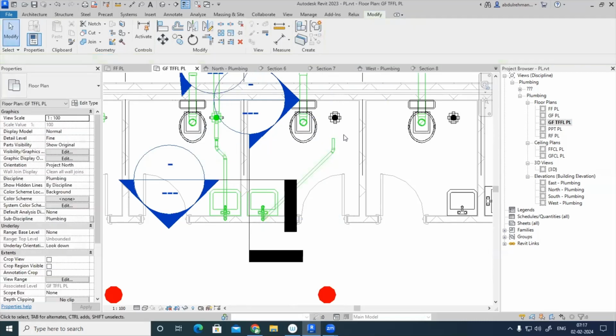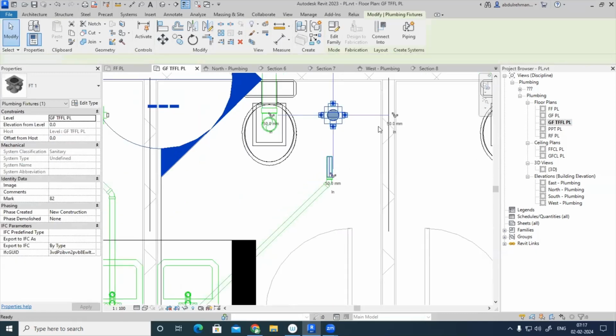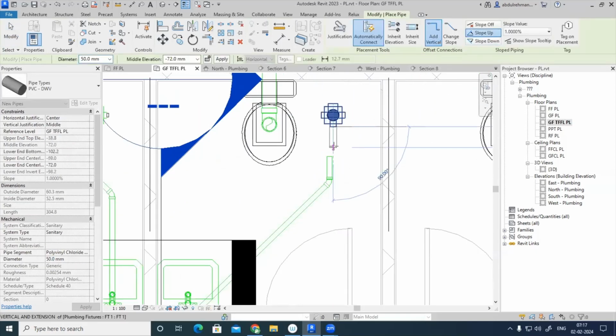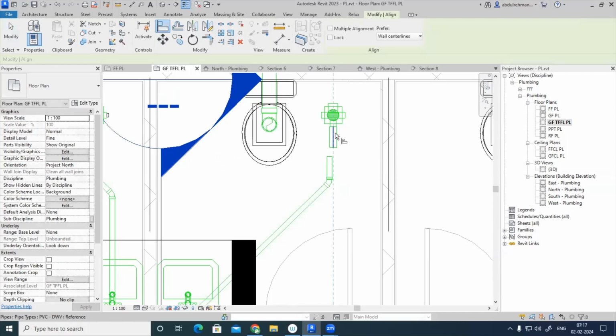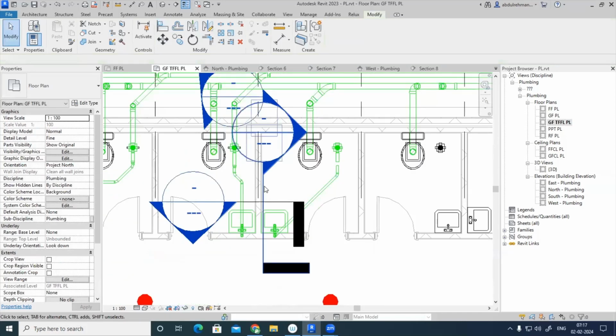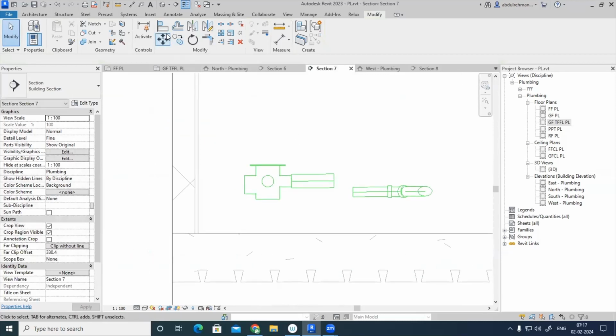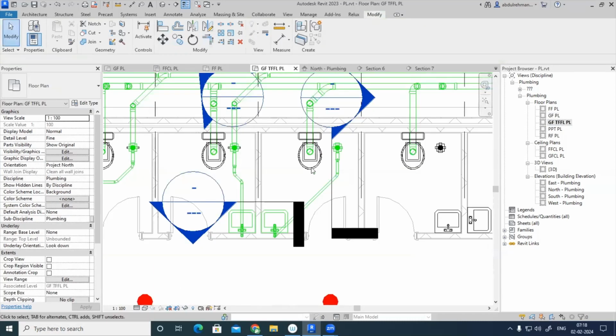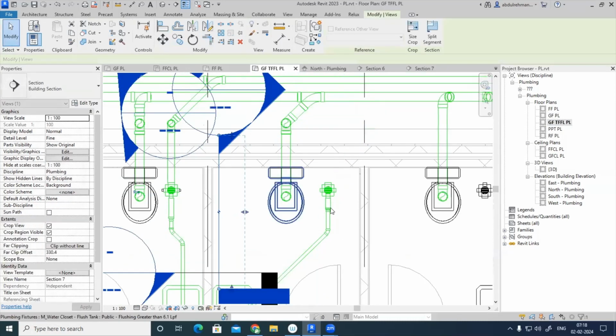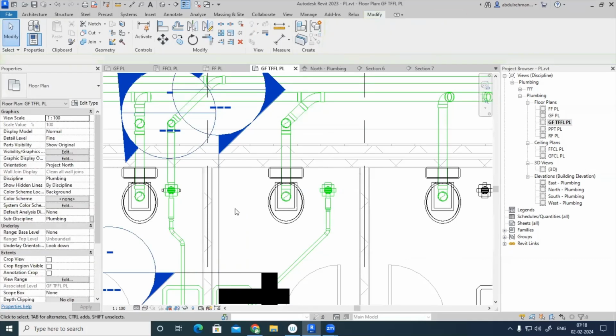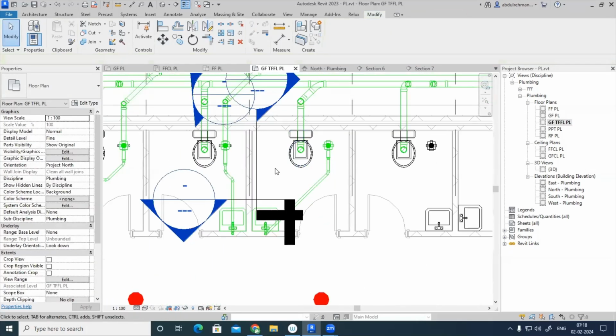So rotate it using spacebar. Take a pipe of 50 mm, slope upside in the opposite side. Align this. Okay. Now you can align the section as well, side view. You can go to here, just align these two, trim and extend to corner, join these two pipes. Fine. Now unused points you can, it will be always good when you are connecting, because each individual toilet cubicle